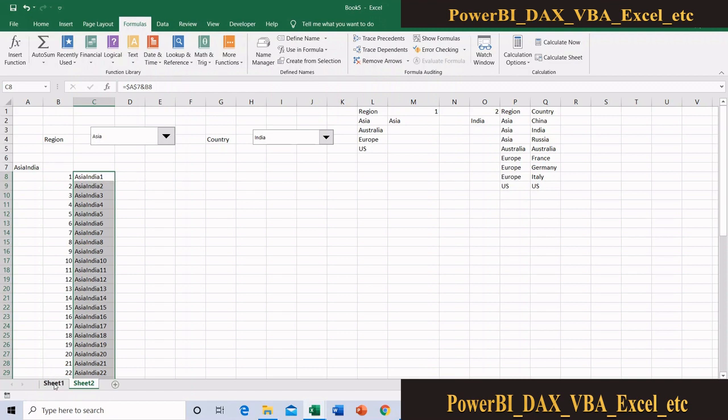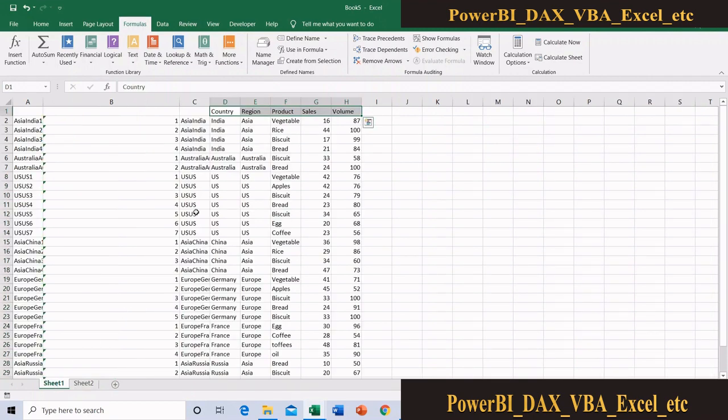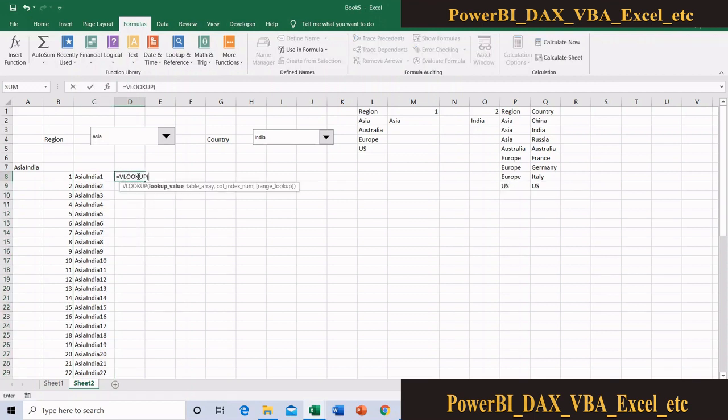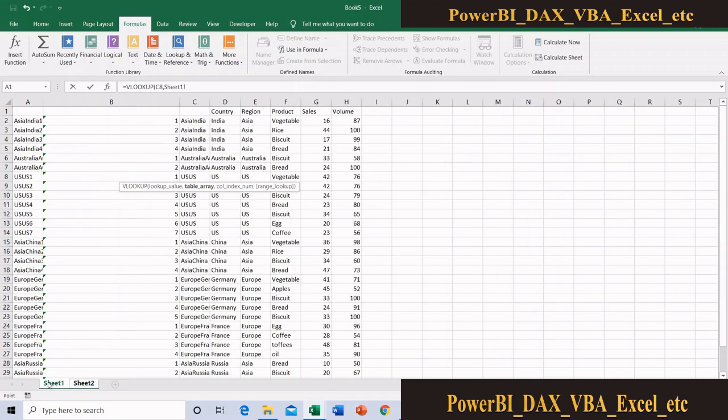And now what I want to do is look up this. Actually I have already selected my region and country, so I don't want this again. I want my product, sales, volume. I need 3 entries. So we look up this key from this range.